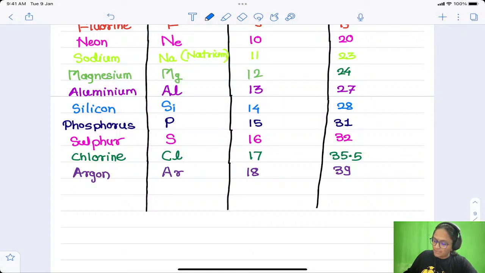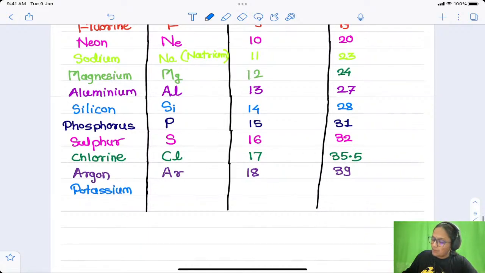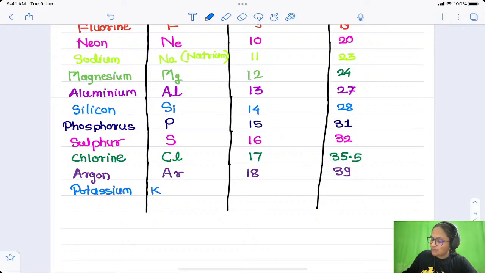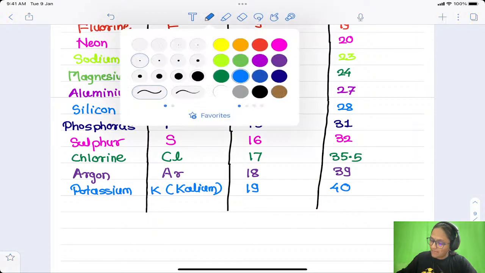After argon, it is potassium. For potassium, K is the symbol, not P, because P was already given to phosphorus. So why this K? This K comes from kalium, which is the Latin name. K is the symbol for potassium. Atomic number is 19, mass number is 40, and then the last element